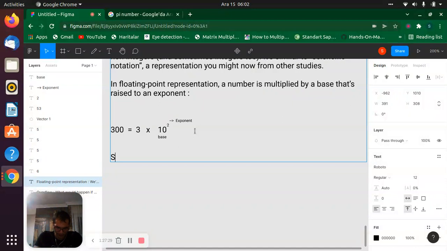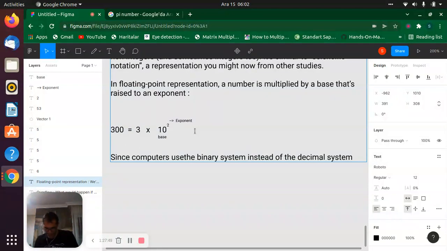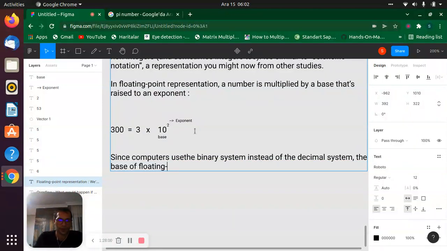And since computers use the binary system instead of the decimal system, the base for floating point numbers, the base of floating point numbers,